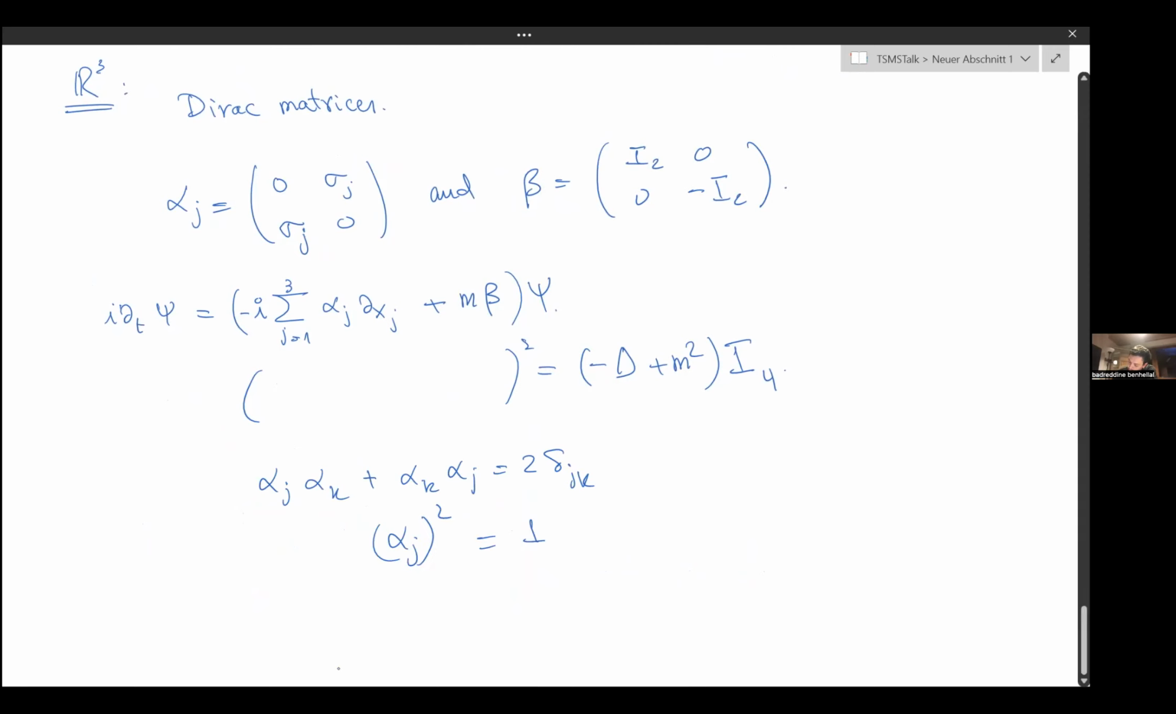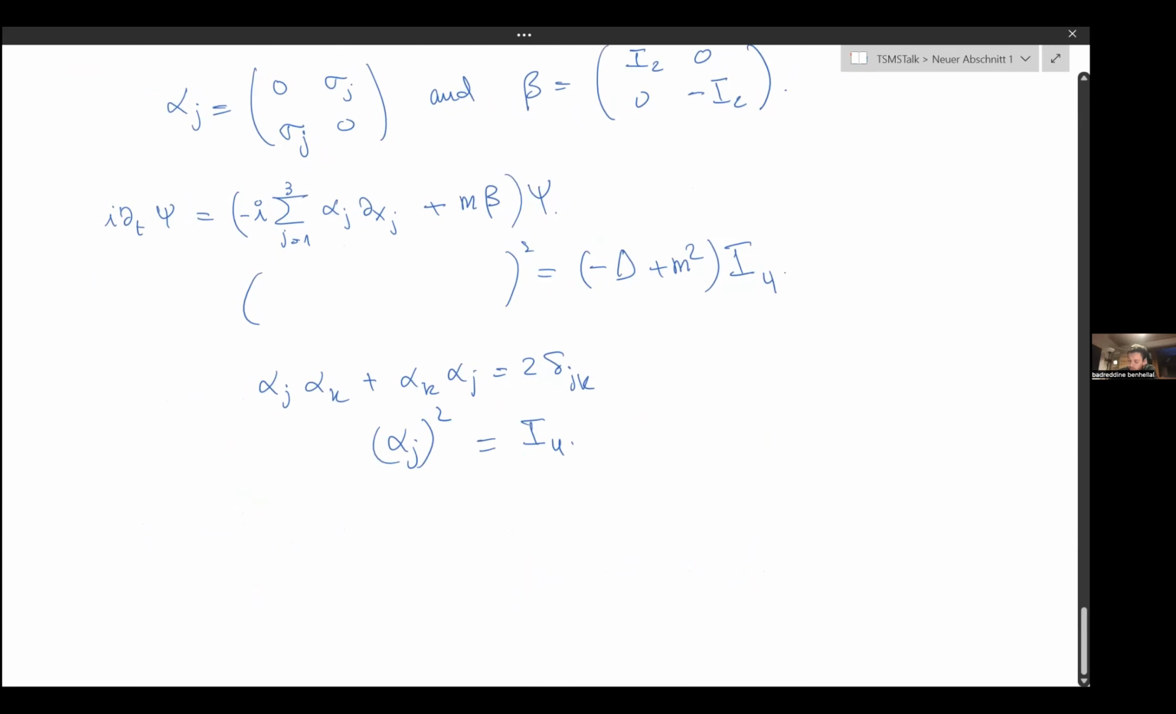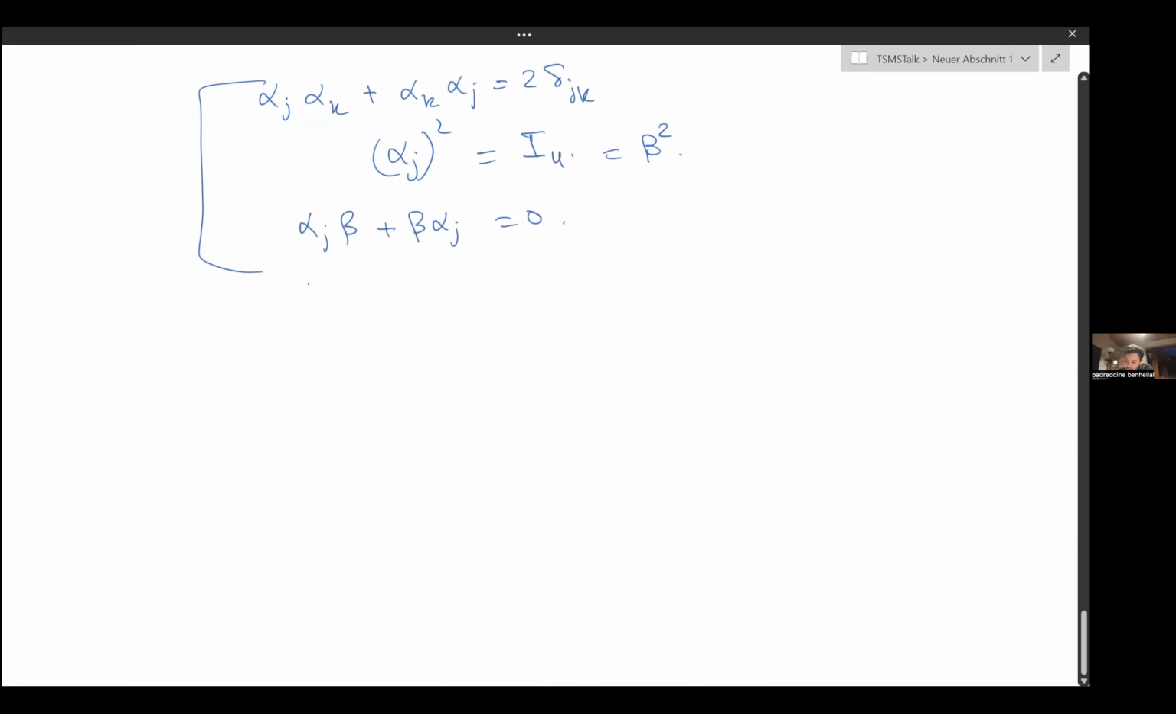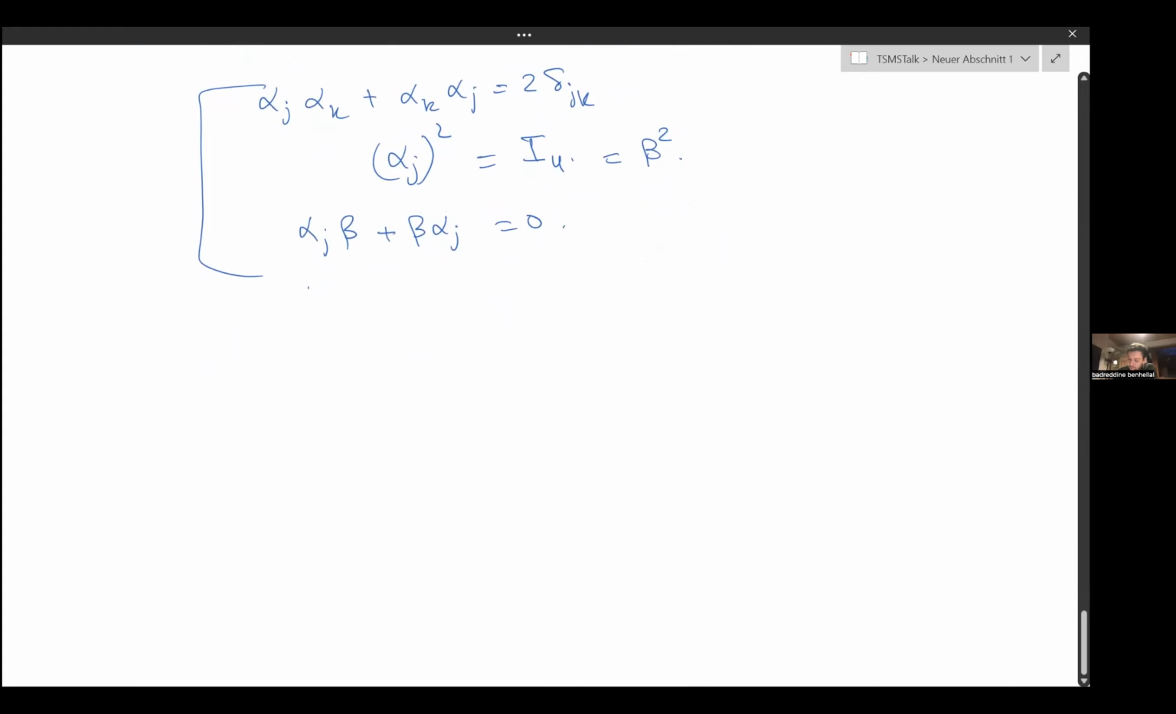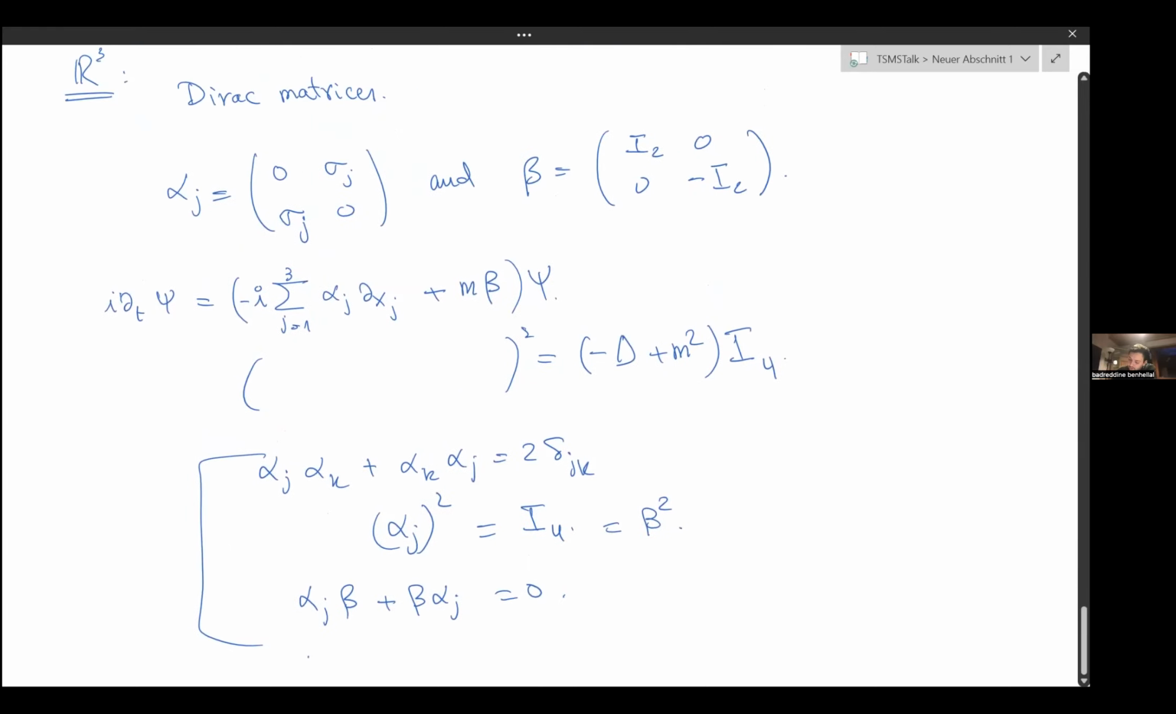And here you have the identity. And also, you have alpha_j beta plus beta alpha_j equal to 0, and beta squared is equal to the identity. Okay, so in the end, Dirac managed to solve the problem, and he found this